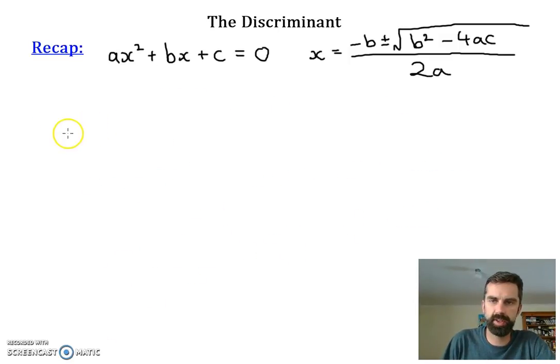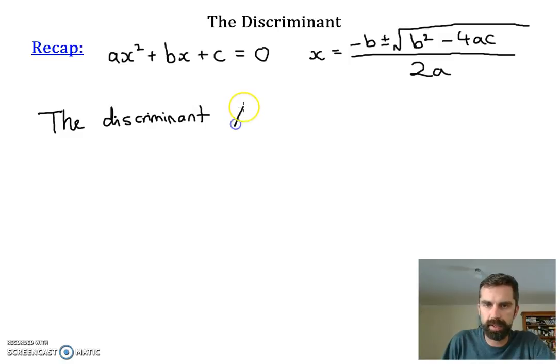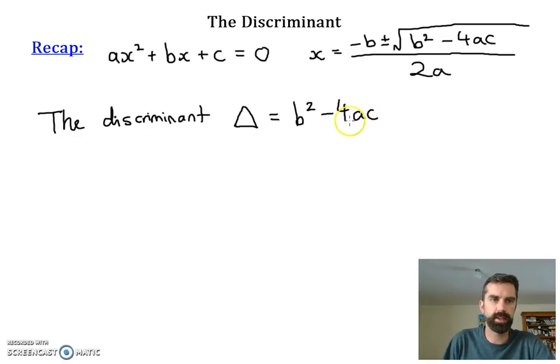So here's the part that I want you to actually write into your book. The discriminant, which we refer to with the Greek letter delta, which is just like a little triangle, is equal to b squared minus 4ac. In other words, it's equal to this bit here in the quadratic formula. So that's the discriminant,